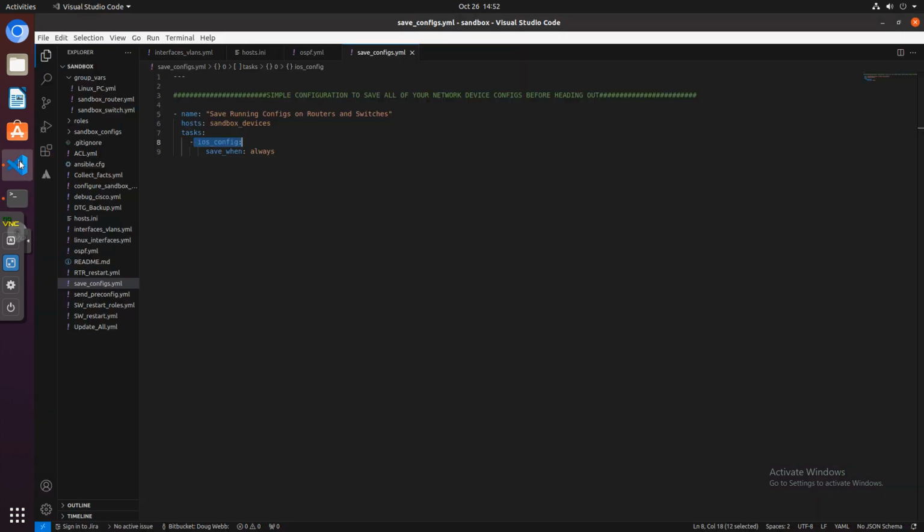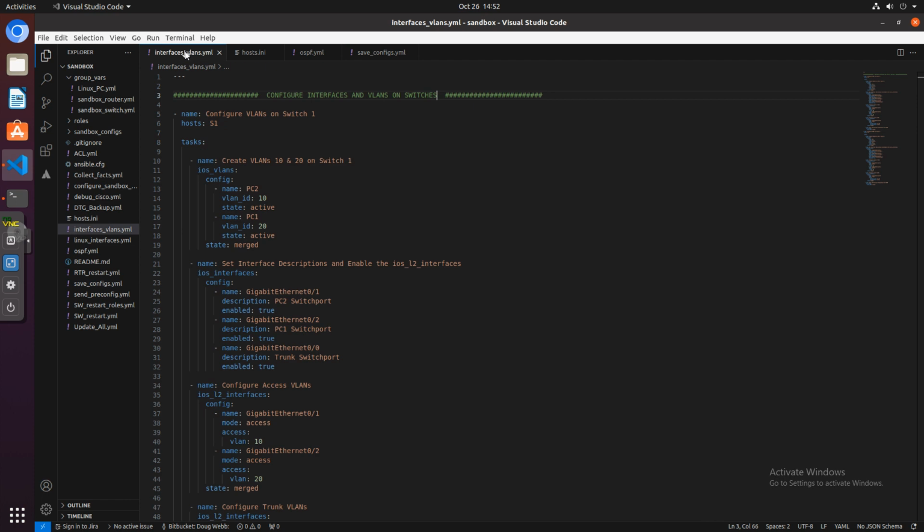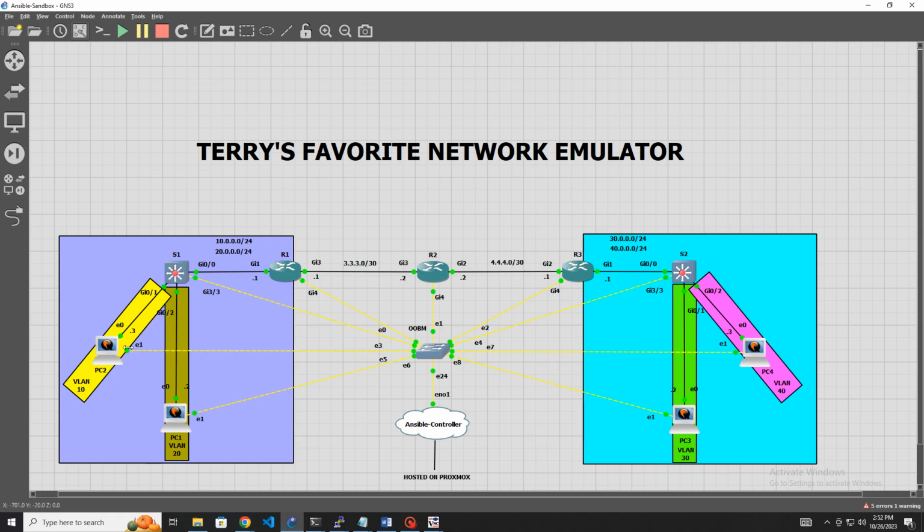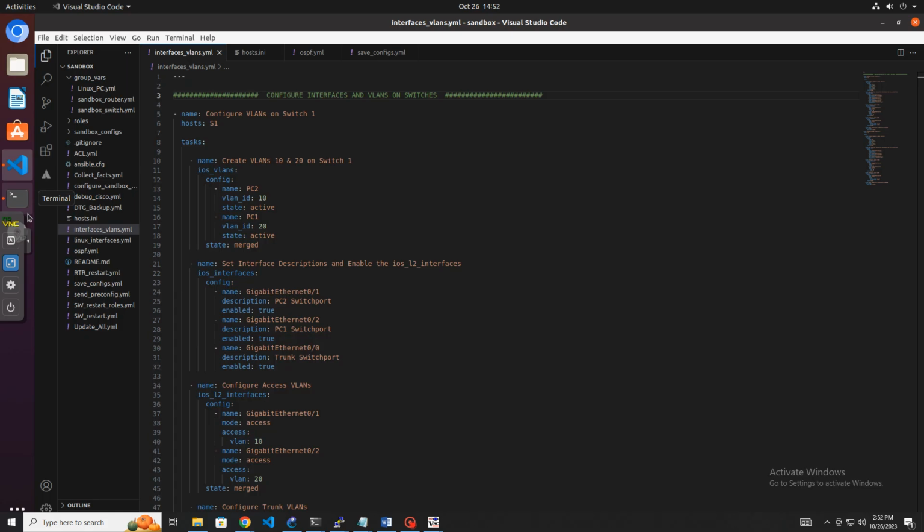But anyway, let's talk VLANs. Everyone loves to segment traffic on the network, so here we're going to implement some VLANs on our switches to segment our PCs. As depicted in our topology, we have two switches, switch 1 and switch 2. We want to configure VLANs 10 and 20 on switch 1 and 30 and 40 on switch 2, for my playbook